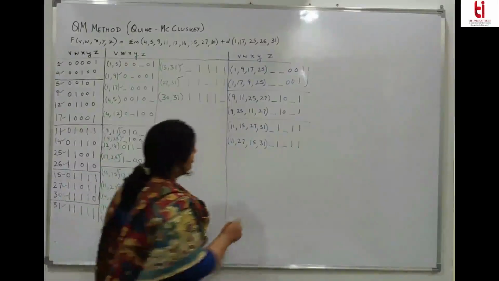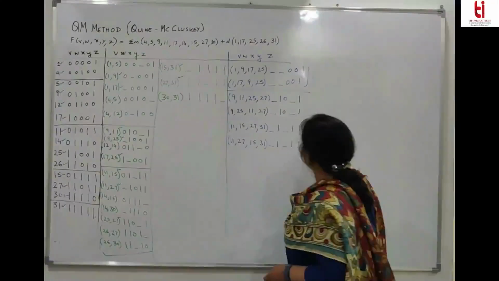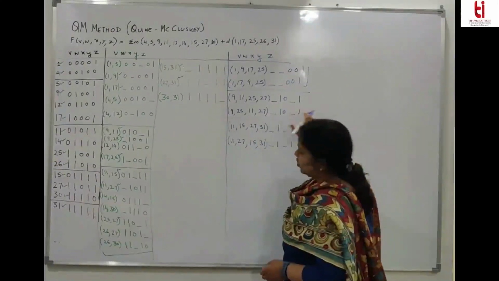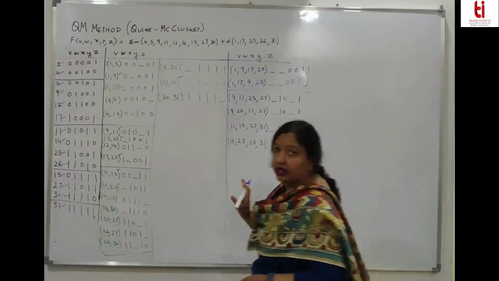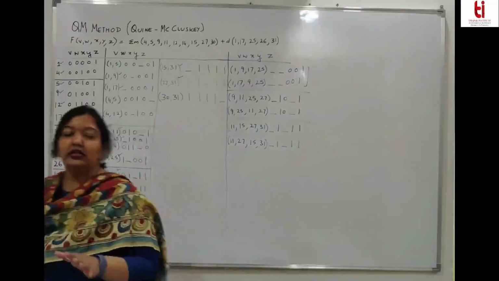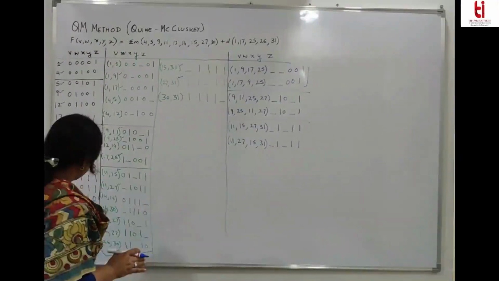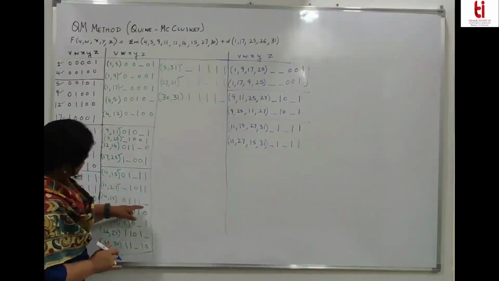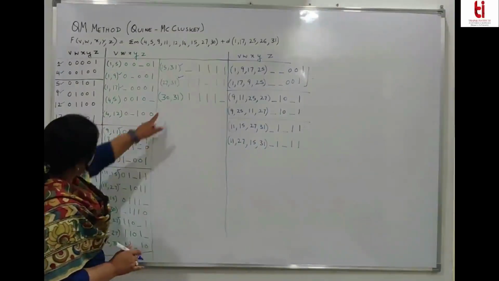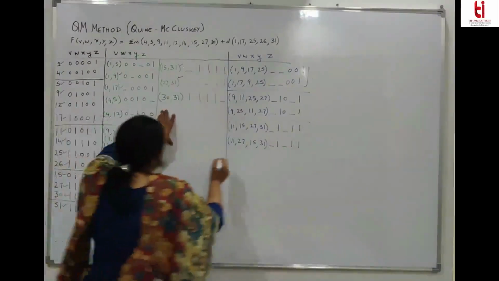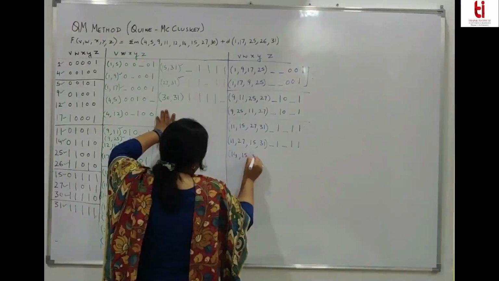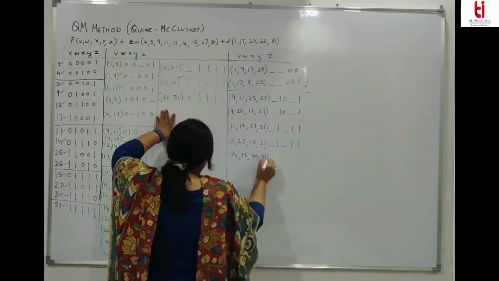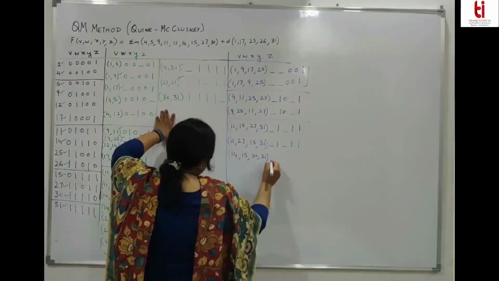So these are basically, if you see, they will give the same expression. So you can use only one, but just for marking the terms here, आपको ये लिखने पड़ेंगे. You have to write these for marking the terms on your table. Then 14 15, there is a dash at the end. You can combine 14 15 with 30 31. 14 15 30 31. So there is a dash here.